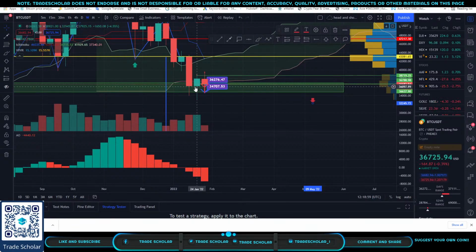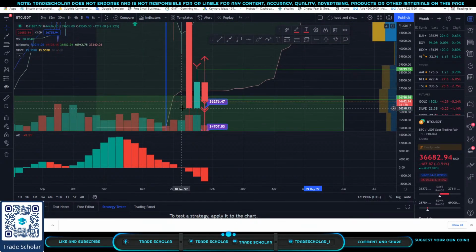So right now we are testing this area, which is 36,200. So we would most likely have a bounce here, a bouncing area. If it doesn't hold,